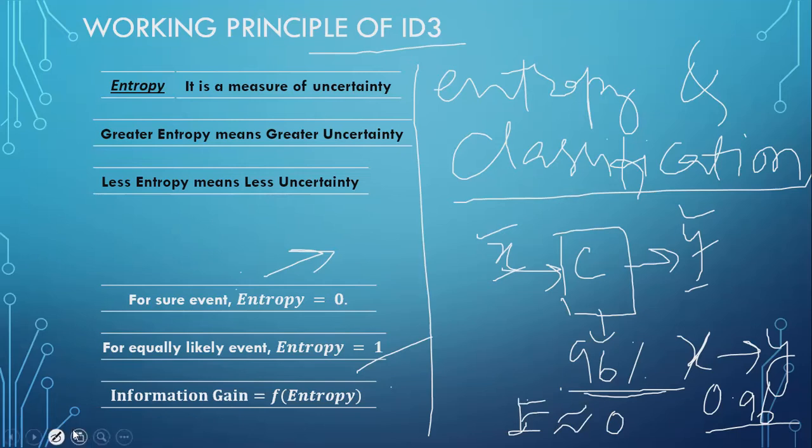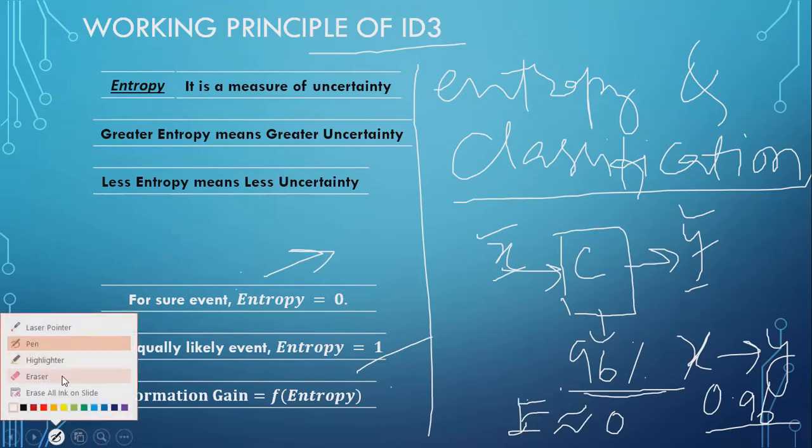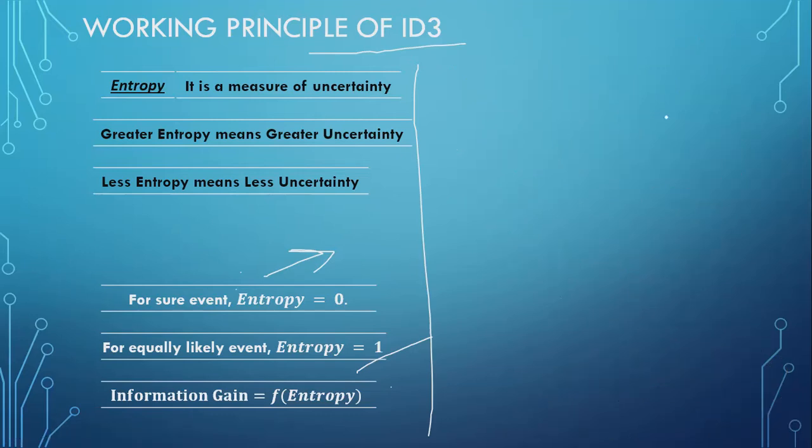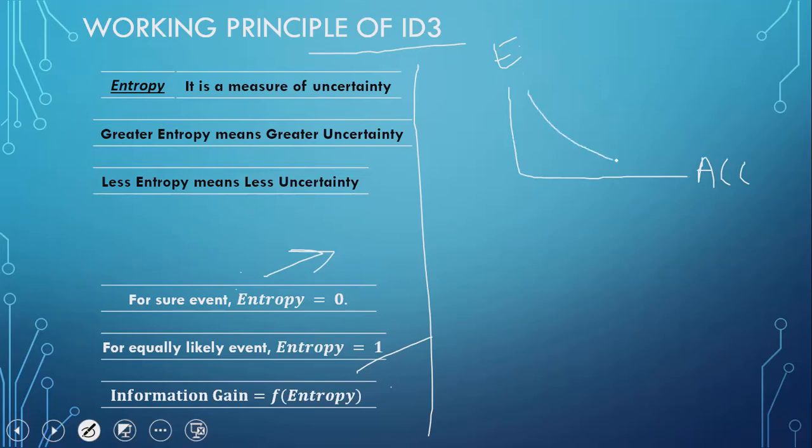If we have a classification accuracy of 60%, our entropy in that case will be approximately equal to 1. So if we plot the accuracy of the model against the entropy of that model, we will see that with the increase in accuracy, the entropy decreases. How does this make sense in the case of a data set?